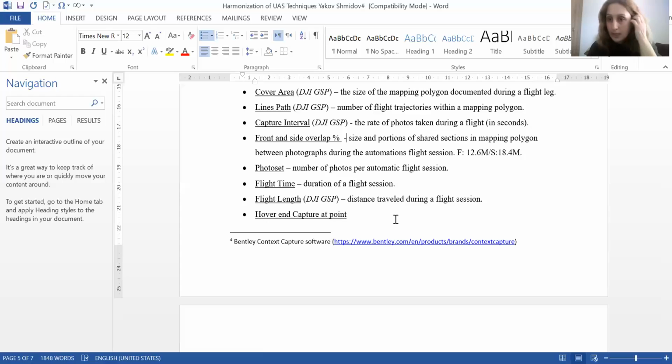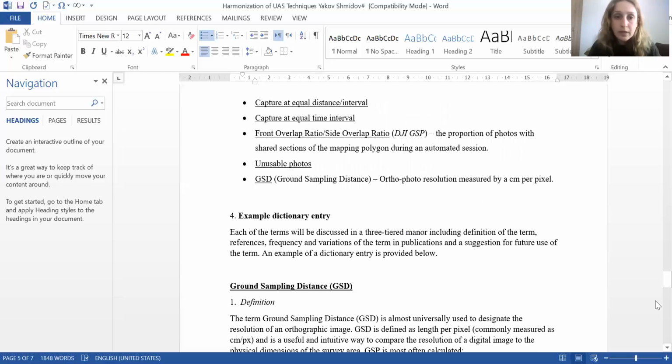For Maria's comment, we deal with that, look at front and side overlap in percentage, and then you go down and you're saying, okay, front overlap ratio, side overlap ratio, and everybody uses something different: sometimes it's time, sometimes it's proportion, sometimes it's just frames. And it's really hard even to understand the quality of their product, because these overlaps are clearly linked to quality, and you're clueless if you do not understand how they assess the quality.